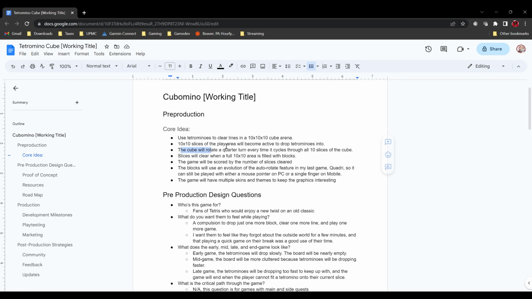And oh yeah, I almost forgot. Every time you go through all 10 slices, the cube will rotate a quarter every time. So it'll make it more difficult to plan way ahead when you're dropping Tetrominos. And then the board will never really look the same. Every time it drops, it could be a slice of a different cross section. So it'll be scored by the number of slices that you clear, and the